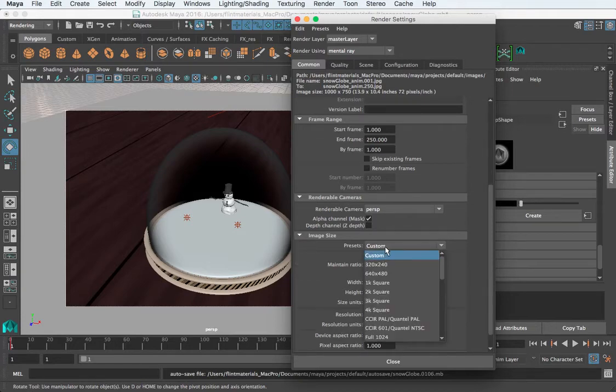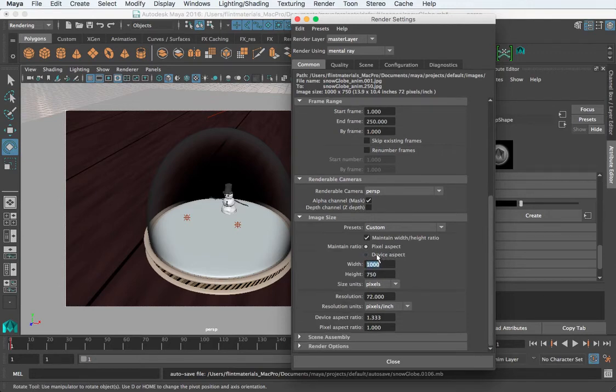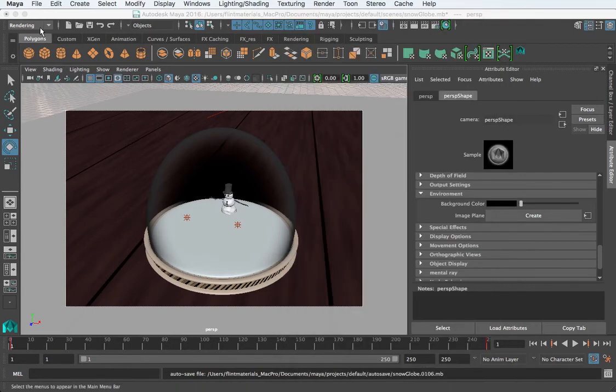The size, I want everyone to do a 640 by 480. And then I want you to click this maintain height width ratio and then take that up to 1000. And what that is going to do is keep a standard aspect ratio, but it's going to give me a little more pixels to look at. So it's going to be 1000 wide instead of 640. And then that's it. So now you just want to go to render,